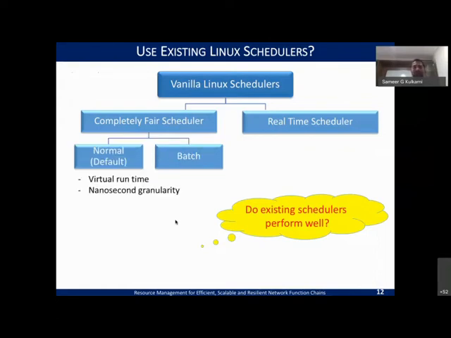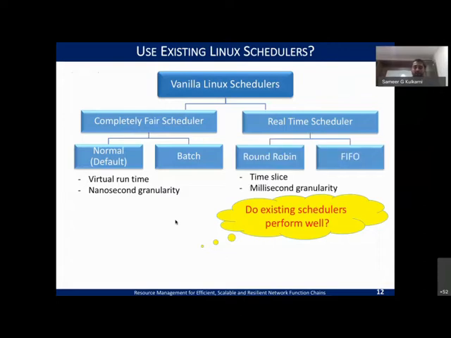And likewise, in the native Linux that you get nowadays with the Linux kernel, you have different subclasses within them. Like a batch mode or a normal mode of operation, which typically is the default one, which tries to make sure that you run on a virtual runtime. That means the switching activity here is run on a nanosecond granularity, and that means the user perceives lag very rarely. These are really good for multi-user and good IO interactivity based tasks. Well, the batch just tries to increase the granularity a bit so that you can run them for a longer time.